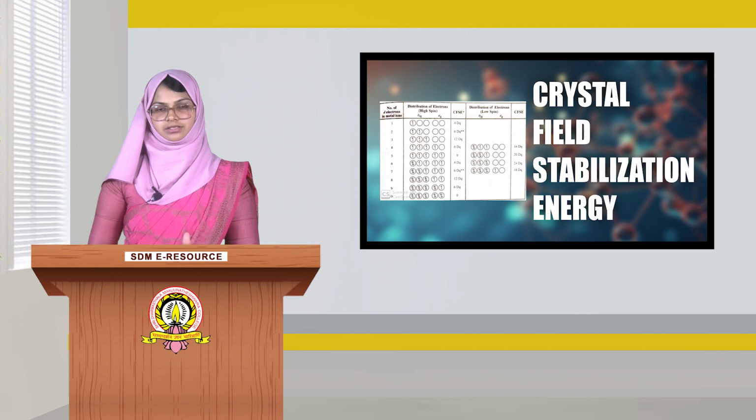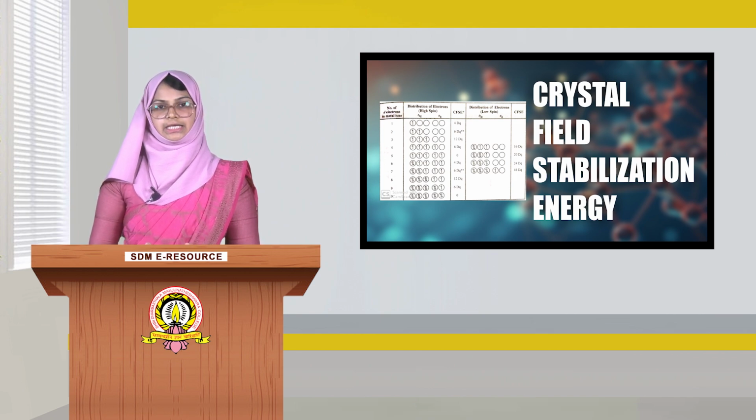T2g is of lowest energy, hence electrons prefer the lowest energy orbital so that the energy of the total system decreases. When the energy of the total system is less, the complex or compound is more stable, and this is how stability is defined. And hence when the electron moves to the T2g level, it gets stabilized,